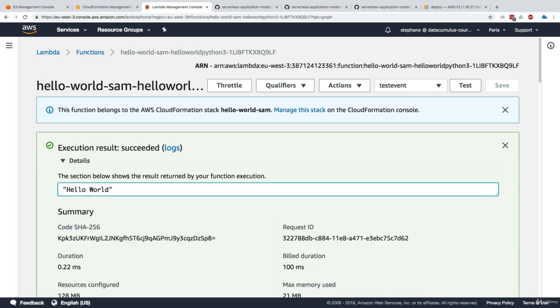So this was very basic, but overall we've just shown how we could write code on our computer and, with two command lines only, upload this directly to CloudFormation and have CloudFormation create the Lambda function for us. Obviously, SAM is way more powerful, so in the next lectures, we're going to see how we can update this template to do more things for us. So see you in the next lecture.